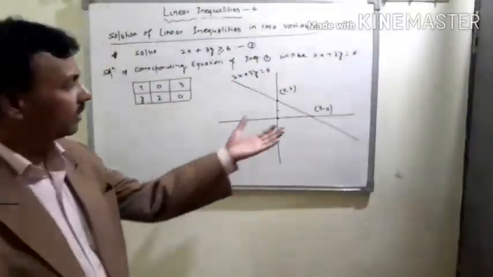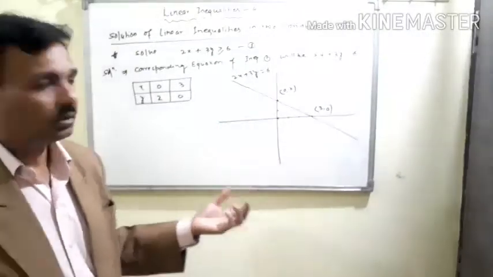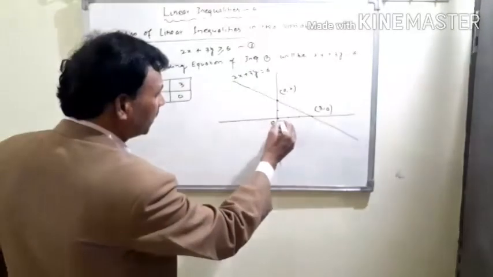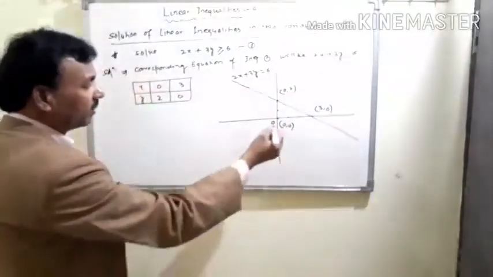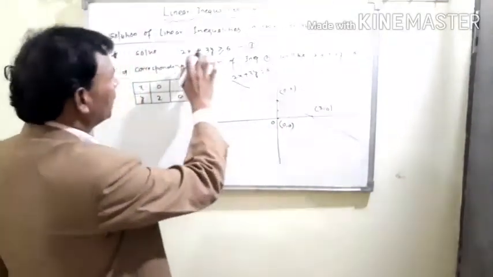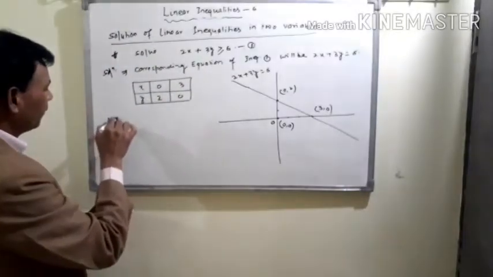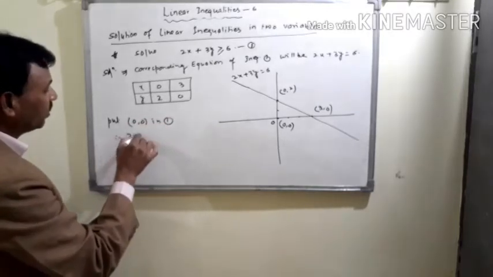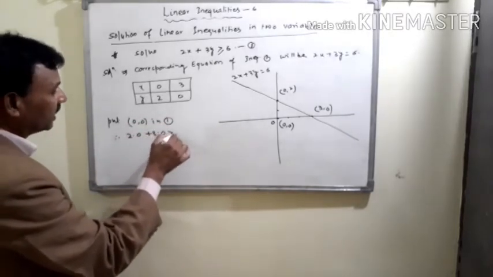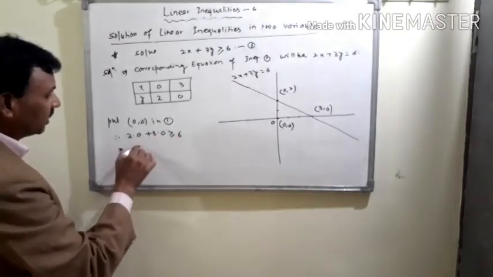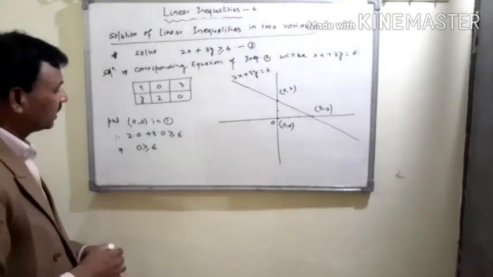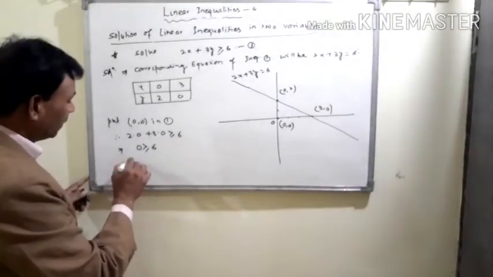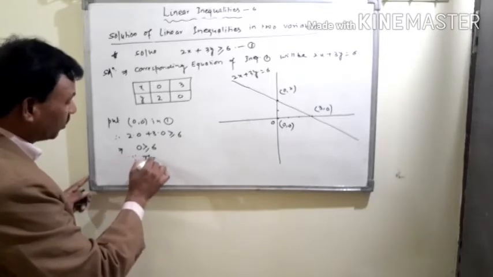Now, if you want to find the solution of this inequality, you should put 0, 0. That means this is the origin, and the coordinate of this origin is 0, 0. Put 0, 0 in inequality 1. Therefore, 2 into 0 plus 3 into 0 is greater than or equal to 6. That means 0 is greater than or equal to 6. Since this statement is not true,